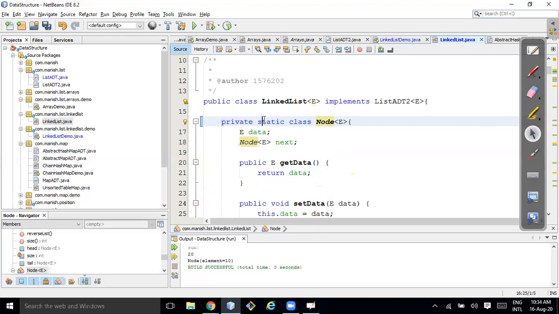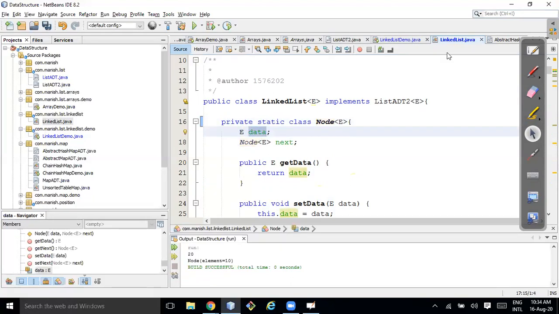But somehow I still want to get the node, and the only element I can access is e-data. I can access the data.